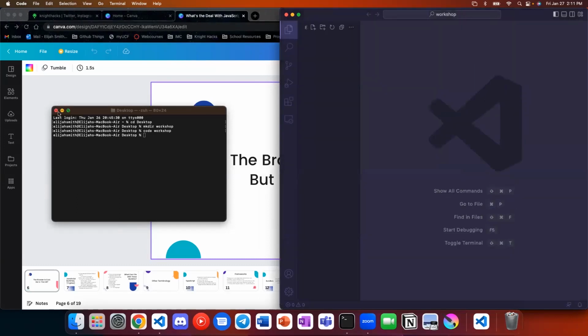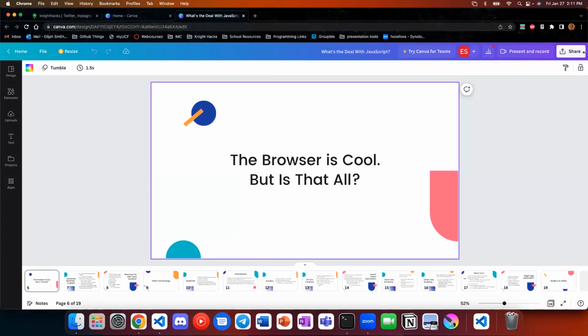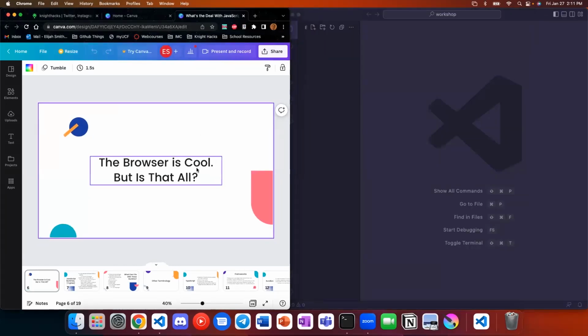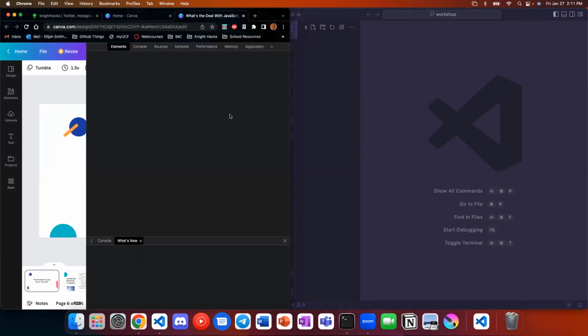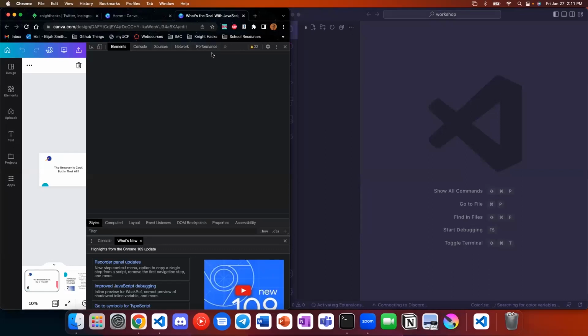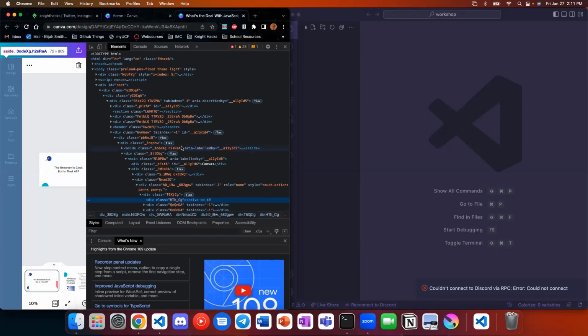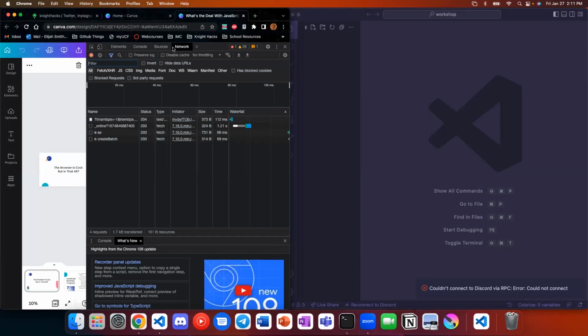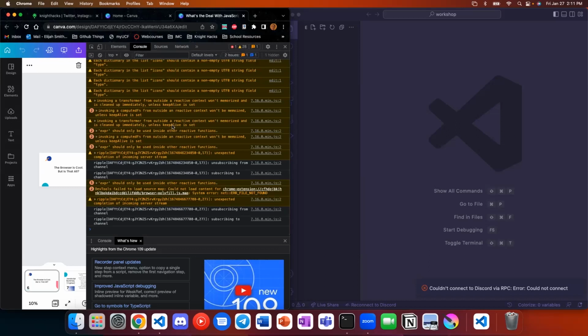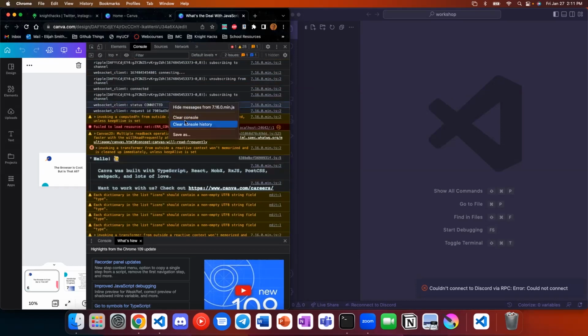If you're interested in just testing something out really quick, the easiest way to write JavaScript is literally in your browser. You can right click on any page and go to inspect. And if you open inspect, it'll give you this very large menu of all kinds of tools that you can use if you're a web developer. So all of these are useful. This element section shows you what the structure of your page is. So if you're curious if something's actually in there or if you're having an issue, you can look through. The network section helps you figure out if you're sending requests to a server somewhere, if they're actually going through or what the result is. But if we go into the console section, the console is what we're going to do. You can write JavaScript in the console at any time.